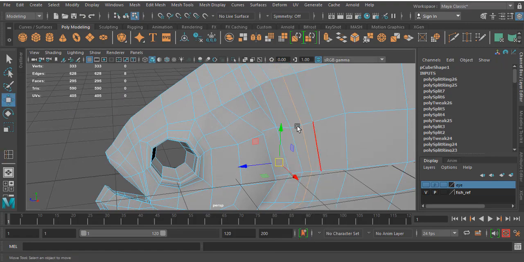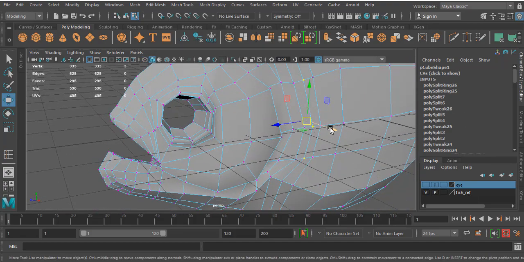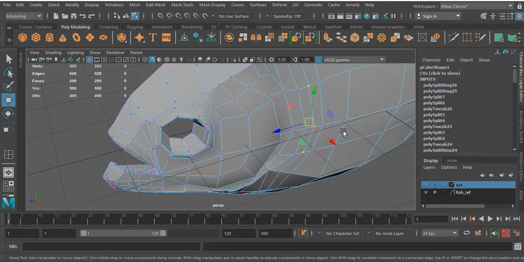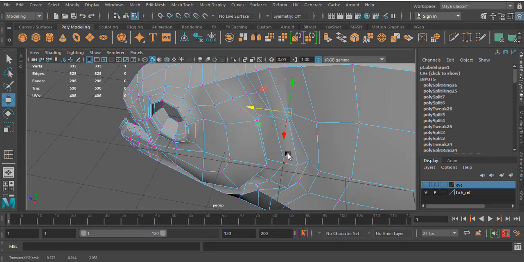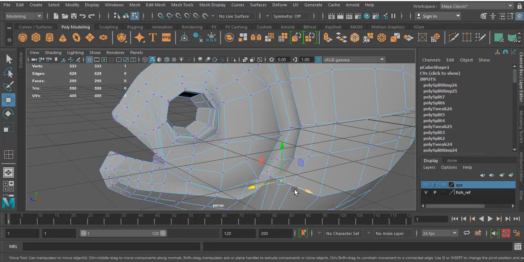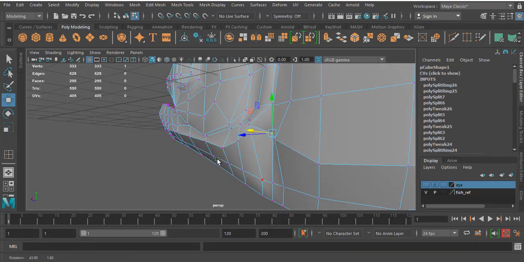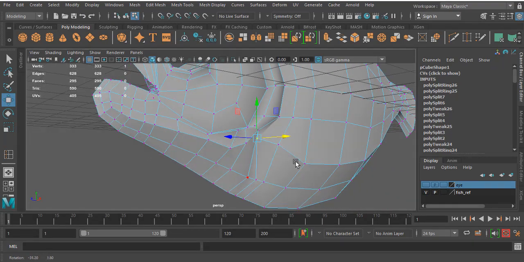Select the vertices. No, this one, no. Select these vertices, slightly pull it inside. Now it's up to you that you can move like this. It will give more depth for these gills. If you really want, you can also add one more span here also.